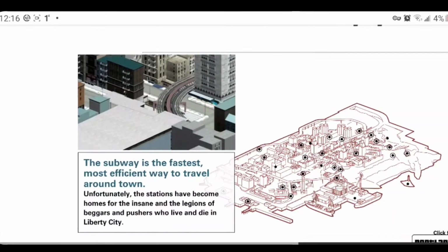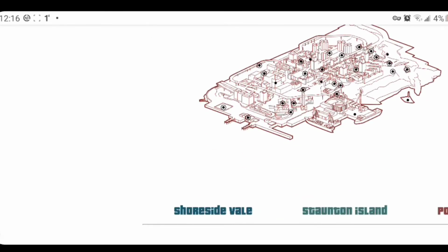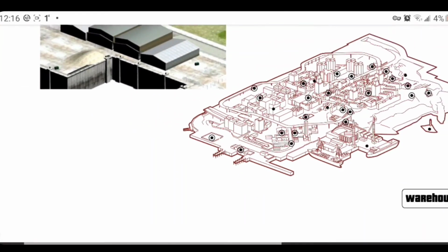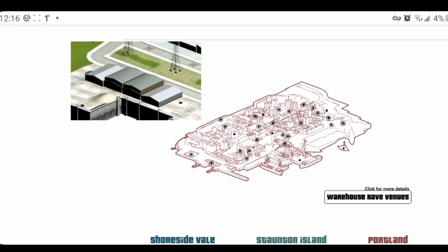Ah, fuck, if only this place was actually real. Let's just make this even worse. Oh, that's the...